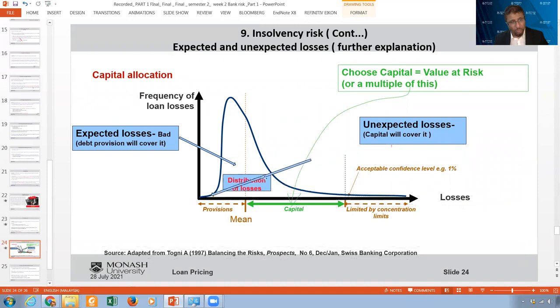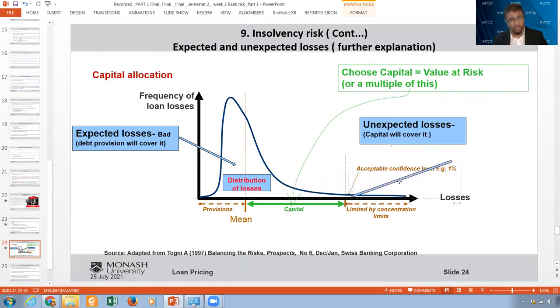If I eat all of the provisions, for example, I expected high credit risk, so I'm making provisions, which are reserves for those credit risks, or market risk or any other risks, I will consume this one. But when I reach the point of the expected losses, and the unexpected losses come, I will start to take the capital. And I can survive the losses until I reach here.